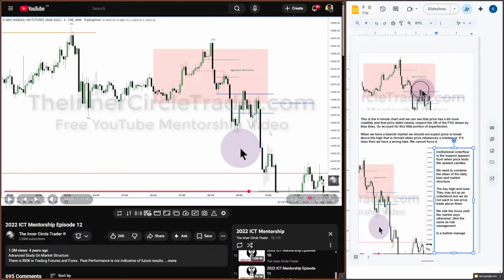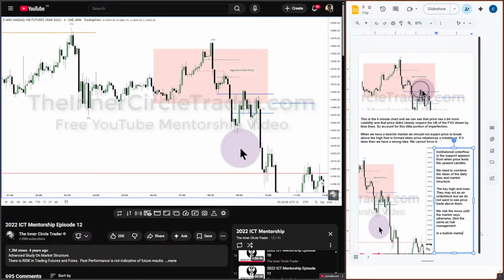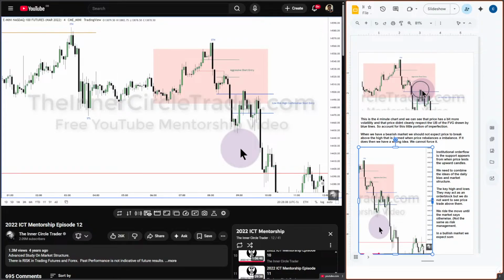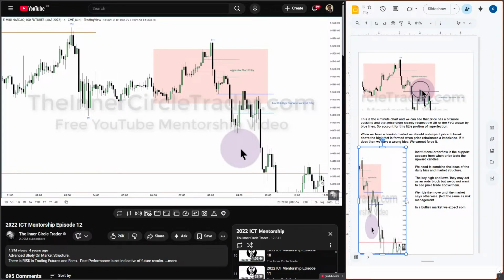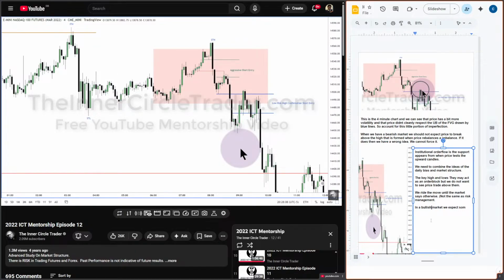So okay, wait, he just used swing low and the short term. I think he meant swing low. There's a lot of terminology flying around, so it's easy to get mixed up. I think he mentioned short term low, but I'm pretty sure he meant swing low, which is kind of the same thing anyway, because you look for short term lows that form swings. In the bullish market, we expect some... I'm going to minute this so we can extrapolate this a little bit more.